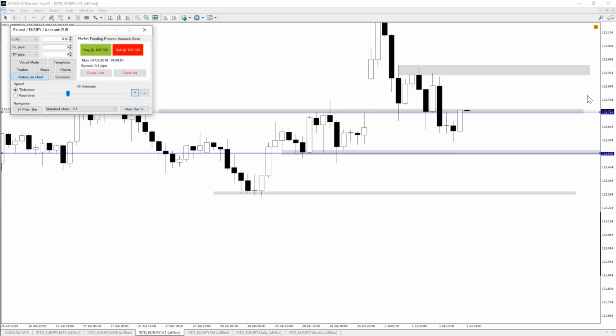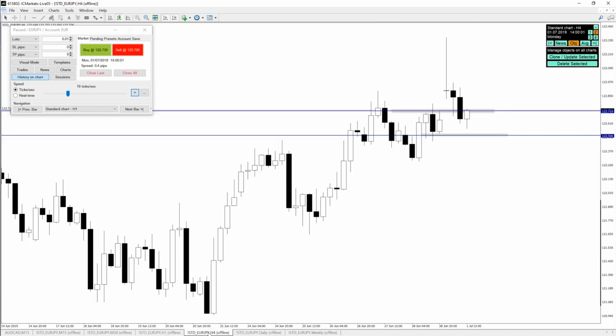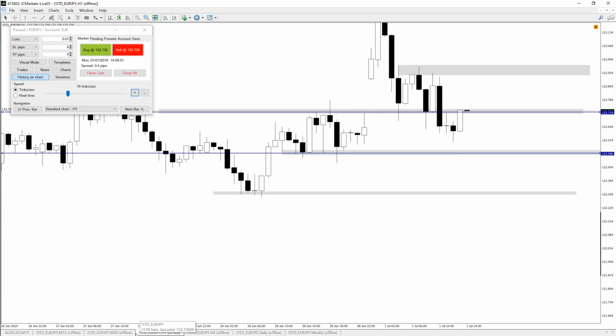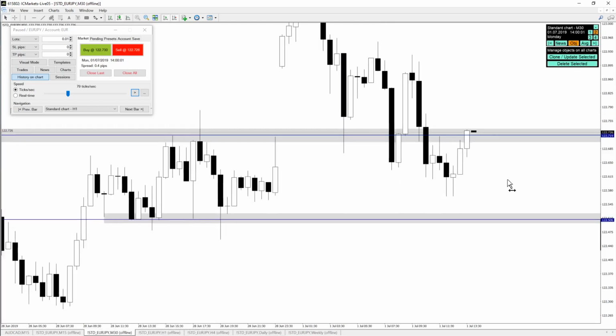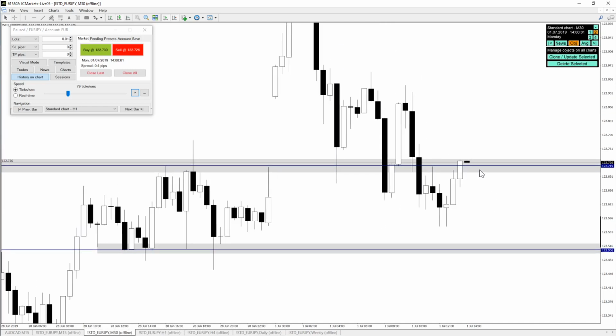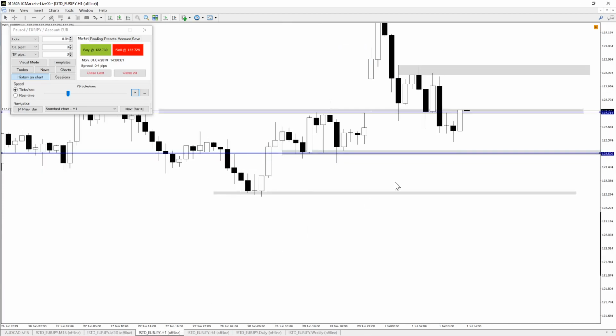All right, so this is how the 1 hour candle closed, right? The 1 hour candle closed at 122,730. So even though it closed with no wick on the top, I can just look at this and say, well, maybe now we might continue on in this range. So now when we look on the 30-minute time frame,